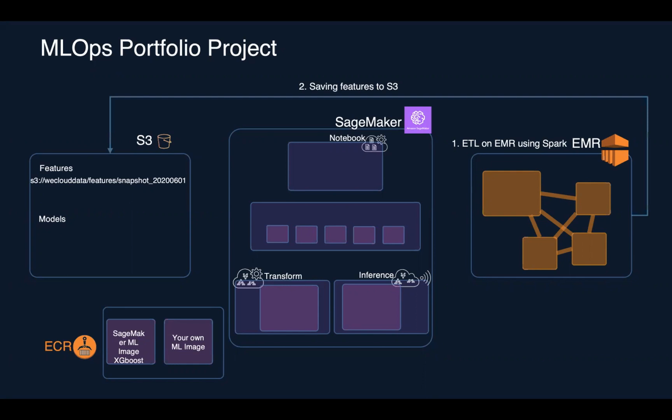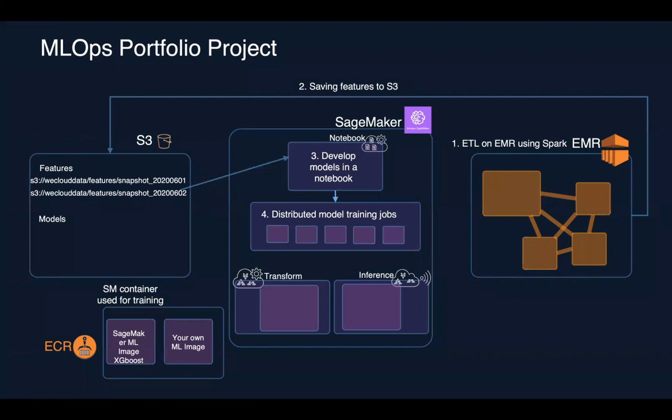After you pre-process the data, you need to save the features. Let's say you're building ML features, doing some sort of feature engineering and pre-processing, you save the data back to S3, and that data will be used for model training. So you're going to use, let's say, SageMaker, but you can swap it out and use any other ML platform. You can even use scikit-learn. Develop models in a notebook. This is the model development process. You don't really need a lot of computing power at this point, you're basically just writing the code and developing the pipeline. And then you're going to send the model for distributed training.